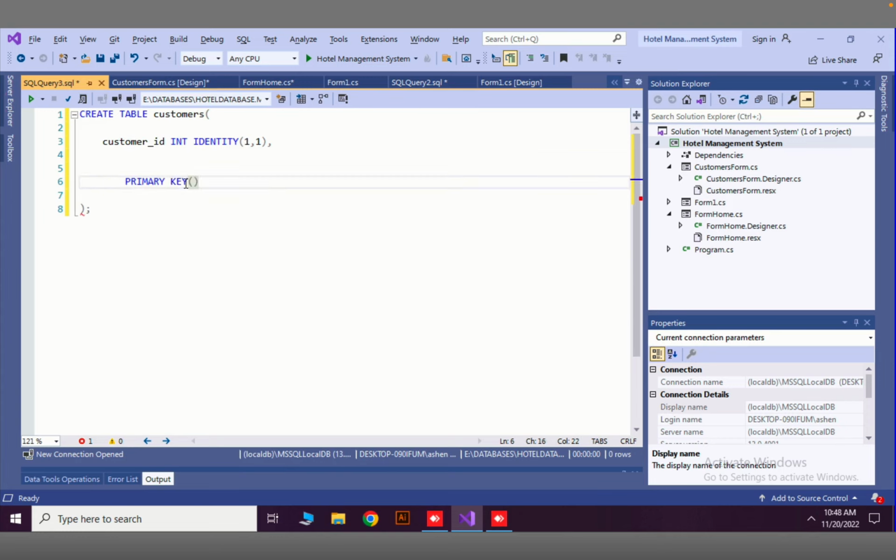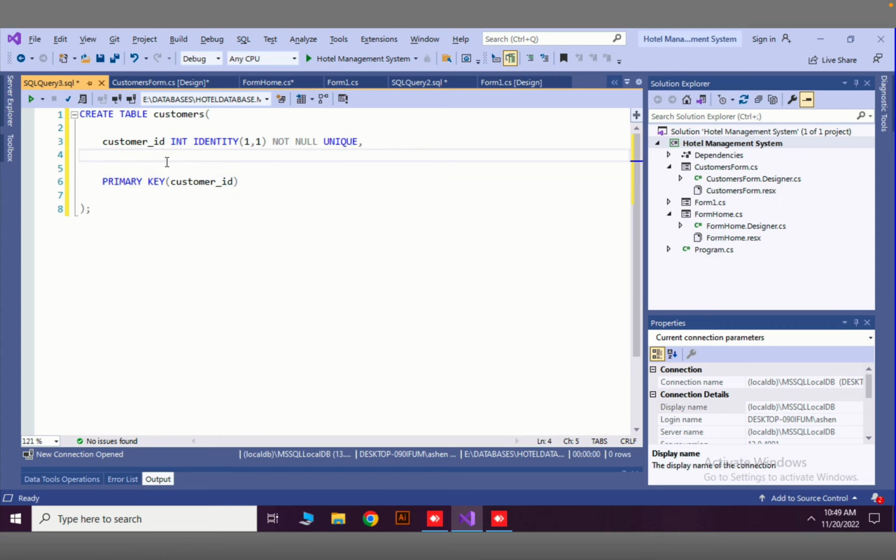Inside parentheses we have to pass in that customer id. And here this should be not null, and this also should be unique. Okay,